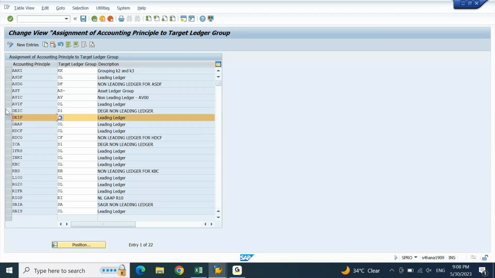This one. So, sir, if we assign GAAP again to D1, then what will the system choose in this case? First of all, it is not going to allow you to put the same accounting principle a second time because this is the key field. This is grayed out. But, sir, we will assign GAAP, not DEIC or DEIF.